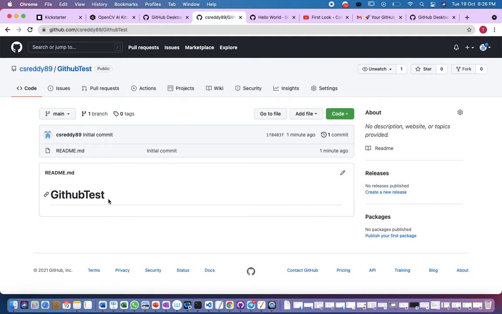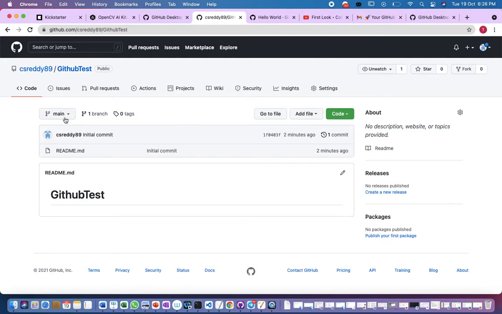Our main branch contains the initial content. The branches allow us to create different versions, and based on whichever branch we are convinced with, we can merge it to the main branch, so that the main branch will get updated with the best version of the project. So let us see with an example.